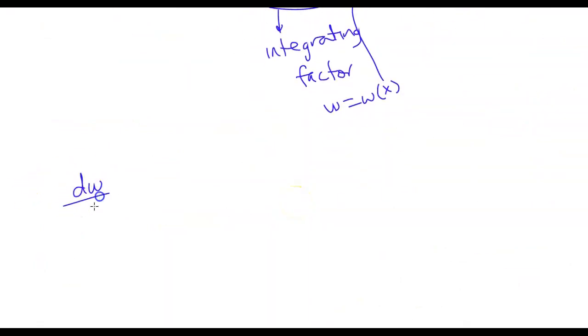So we have dW over dx is equal to WP. So basically here what we can do is rewrite this so I have dW over W is equal